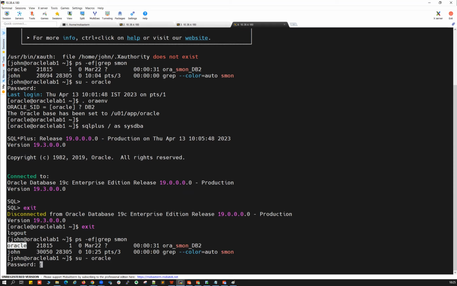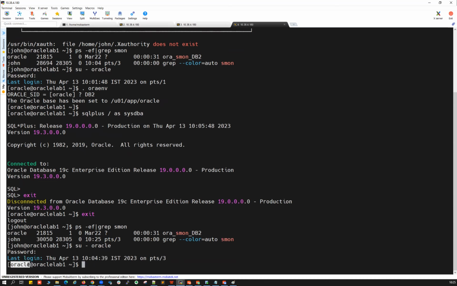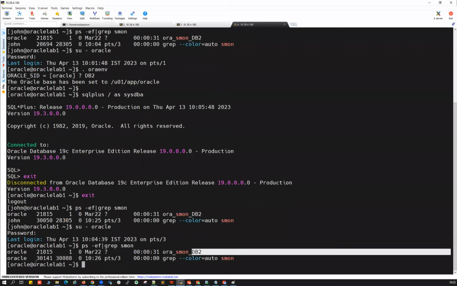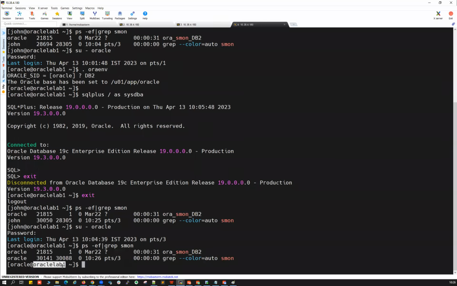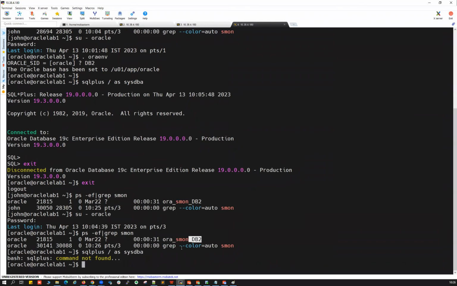Once I log into the Oracle user on that server, what does that mean? I am the Oracle user now, logged into that server where the database is installed by me. Oracle is a user. I am the owner of this particular database. This is the database installed by me, Oracle itself, and I am already on that server. I no need any access. I no need to worry. I can directly connect to my database without any username and password. sqlplus / as sysdba. I can directly connect.